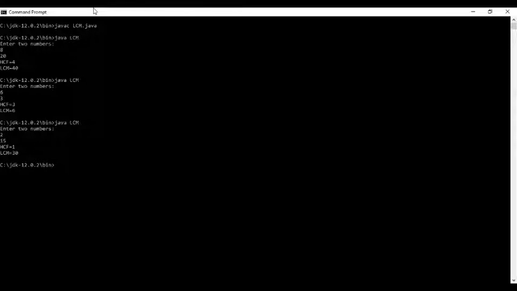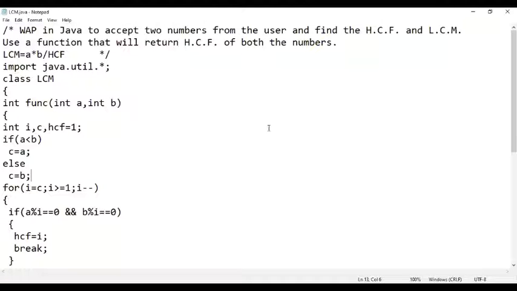This is how we are executing our program, and I have written this program to calculate the HCF and LCM using a function. If you want to copy it, please do so. If you want to take a screenshot, I will first take off this page and I'll move to the next page. Do it fast so that I can move to the next program.